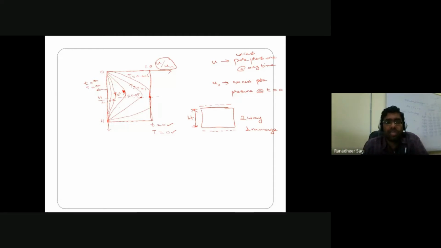This continues until the excess pore water pressure is completely drained out of the soil. So at time t equal to infinity, the corresponding time factor is equal to infinity. At time t equal to infinity, the excess pore water pressure which developed in the complete soil sample throughout its depth will dissipate. So the ratio of u by u naught is automatically equal to 0 throughout the depth of your soil sample.